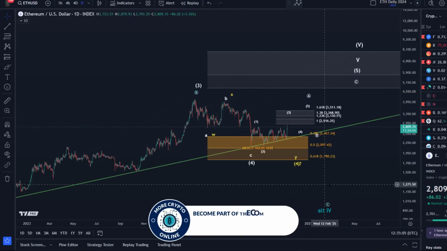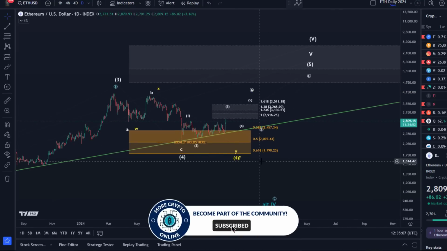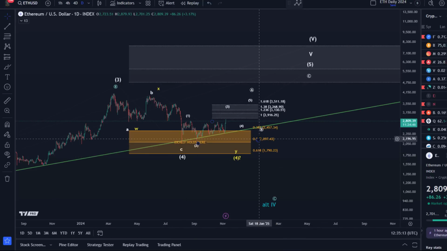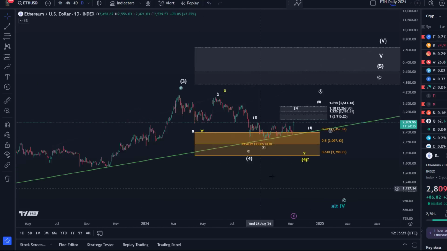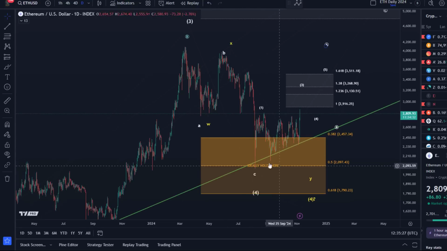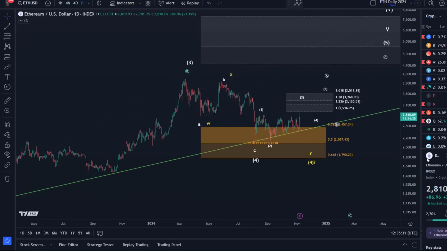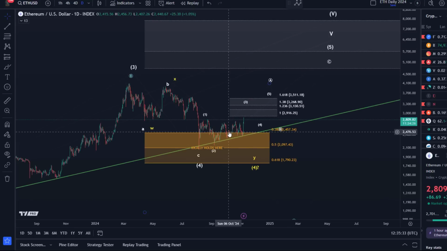So it makes sense to understand what is, and has been for quite some time, the stable element on this chart. And it's this support area between 1790 and 2457. It's been holding again, and it's generated some nice reversals. And the trend line is also still holding here, the green trend line, which I highlighted months ago, ideally holds here. That's still holding, right? So from that point of view, it's doing what it's supposed to be doing,